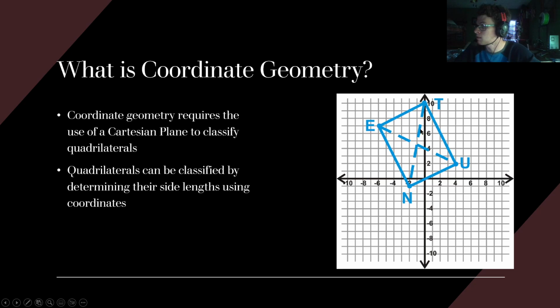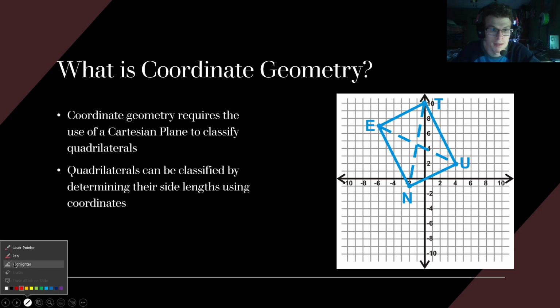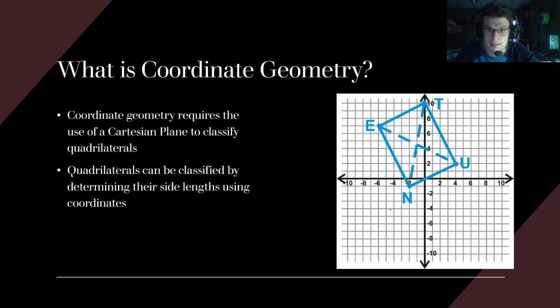So knowing the coordinates of this shape, for example, let me get my pen out, you know that N here is at coordinate -2 for your x, and then -1 for your y, and then you know that E is at -6 and 7. Okay, now your job when you're using coordinate geometry is to find the distance between these 2 points,